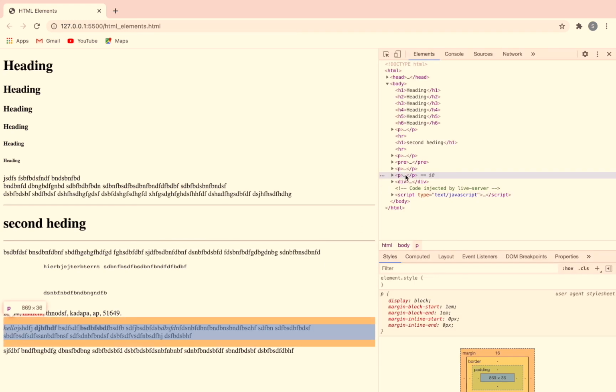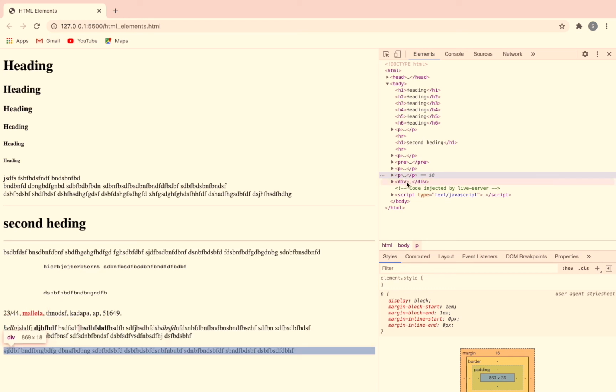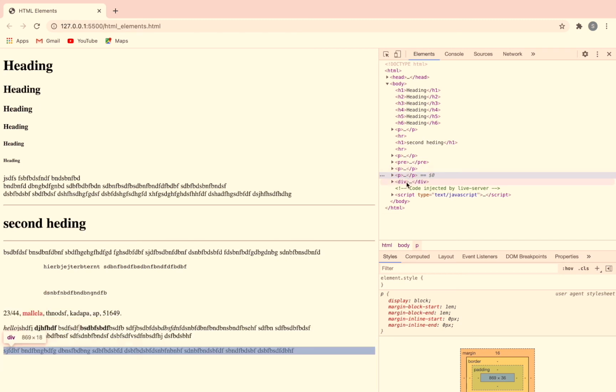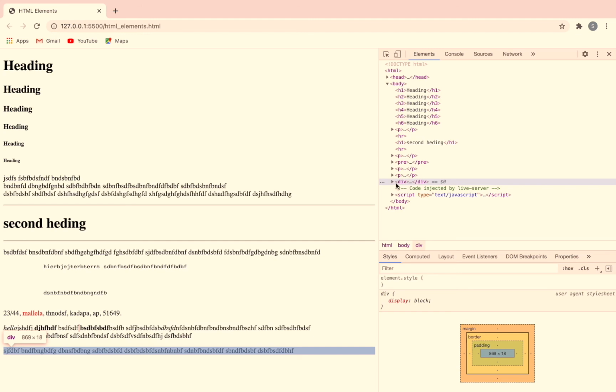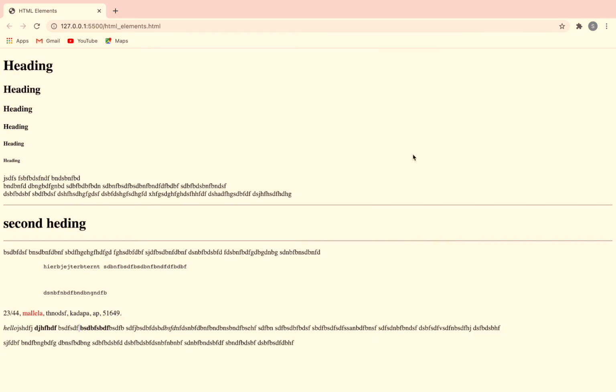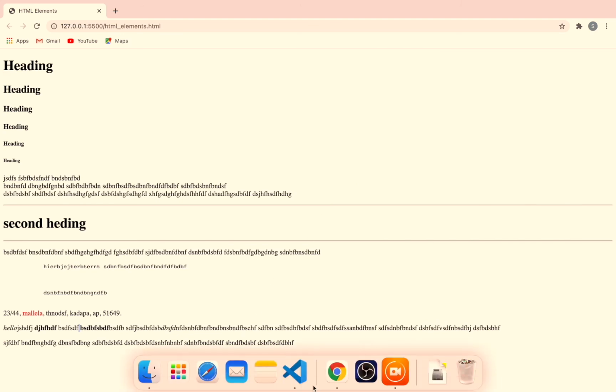See here, that space is highlighted on top and bottom. For a paragraph, that top and bottom space will come wherever you write it. But for div, there is no space before and after given by the browser. That is the difference. In CSS you can give space if you want, but I will tell that in later sessions. That is the only difference between paragraph and div.